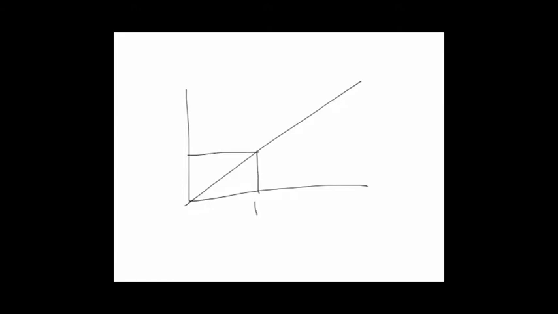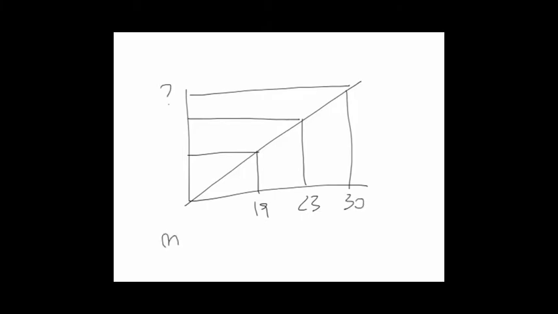To find the cost of R30, basically what we do is we say that the cost is going to follow a linear relationship. So we are going to have the cost of R19, the cost of R23, and then we want to find the cost for R30. So we say that the slope of this line is going to be delta y over delta x. So we have the cost for R19 is 0.92. The cost for R23 is